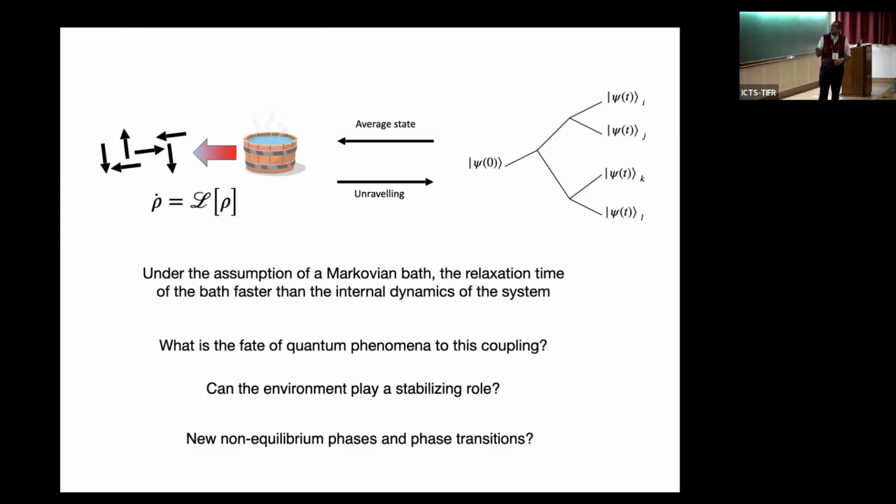When we think of open quantum systems, as was highlighted in earlier talks, you can think of a Lindbladian evolution where you have an external environment, which is Markovian, which relaxes on very fast time scales, while the system dynamics are relatively slower than that. If we make that assumption, the dynamics can be written down in terms of a Lindblad operator. And within that dynamical framework, there are two ways of asking what kind of state the system is in. One is this quantum trajectory framework, where we start with a pure state, and as you evolve, you follow different trajectories based on the kind of jumps, which I'll define later in my talk, which take place